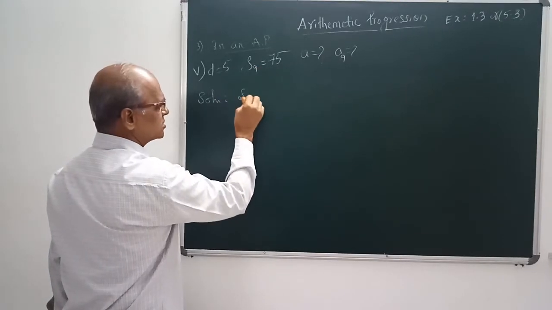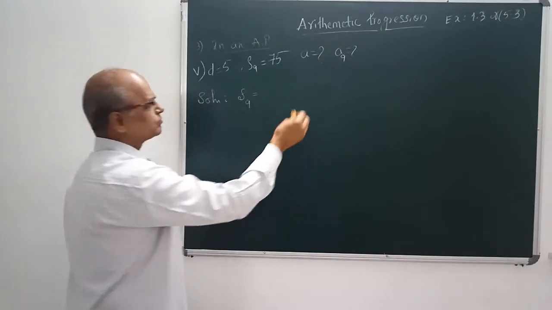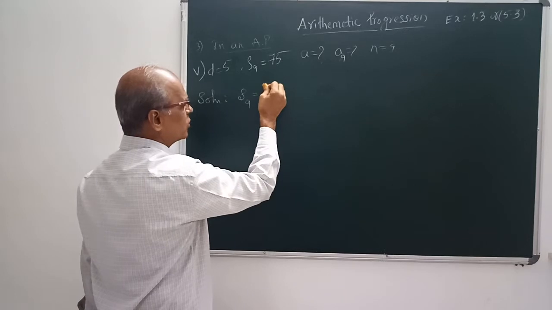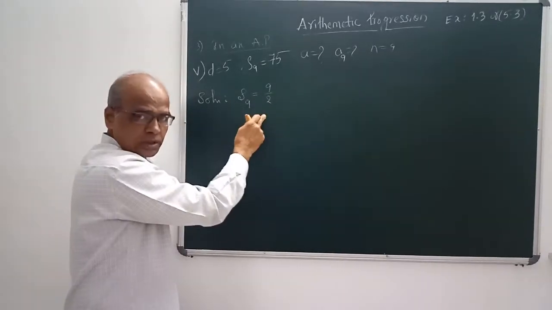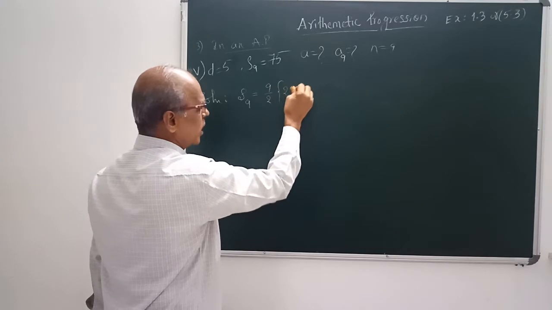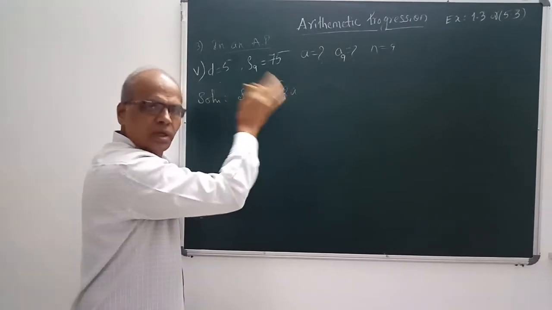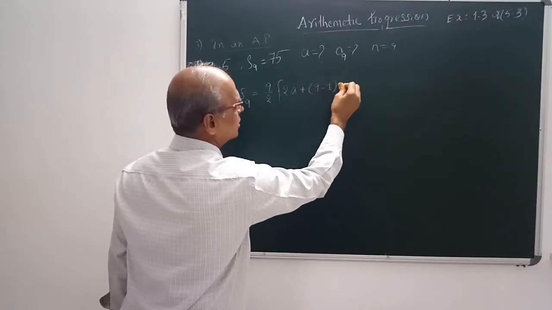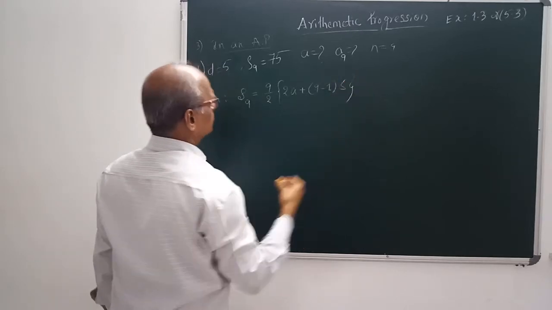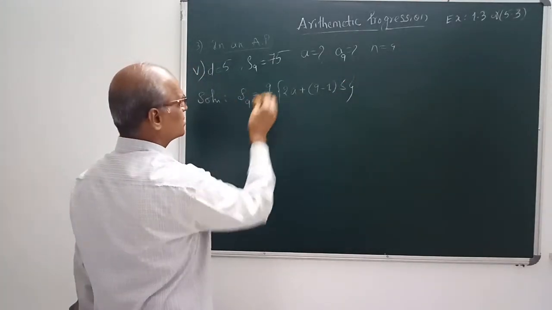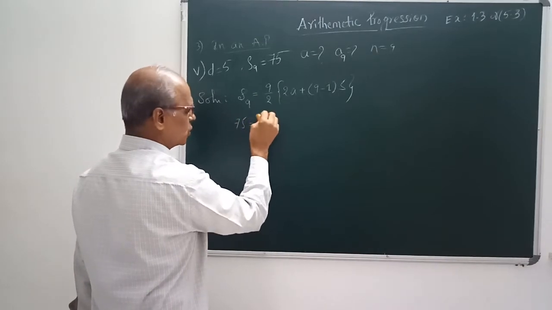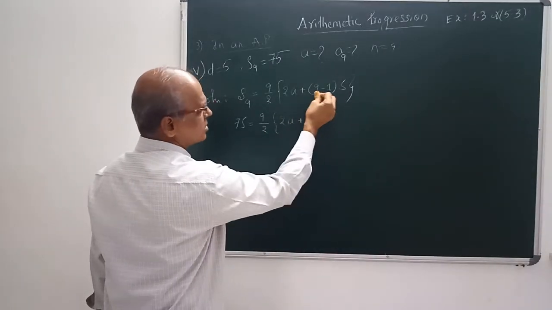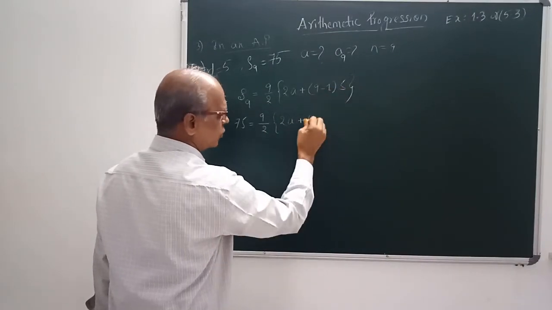This will take S9, that means N value is 9 here. N is 9 they have given because this is S9 is equal to, what is the Sn formula? 9 by 2, N by 2, into bracket 2A, A is not given, we have to find it out. So A, you write it as it is, plus N is 9 minus 1, D is 5. So D is given as 5. S9 is given as 75, put here as 75 is equal to, division is not possible, write it as it is, 2A also as it is, plus 9 minus 1 is 8, 8 5s are 40.